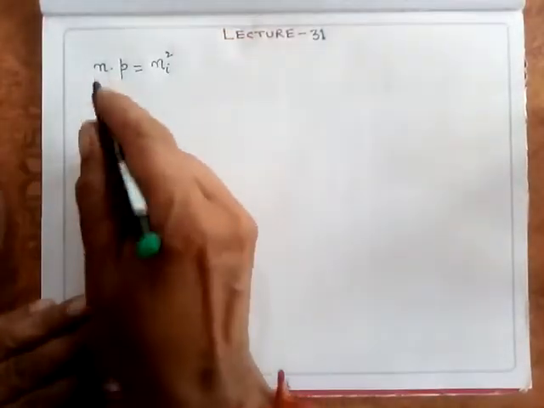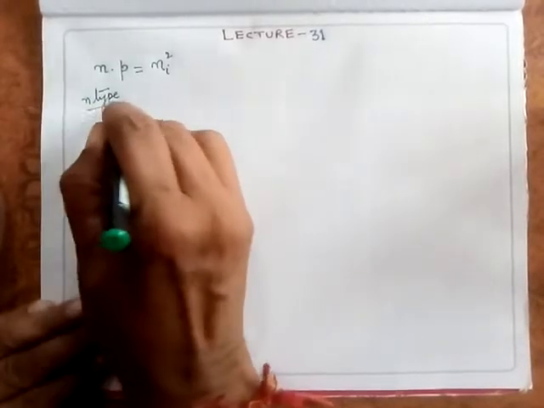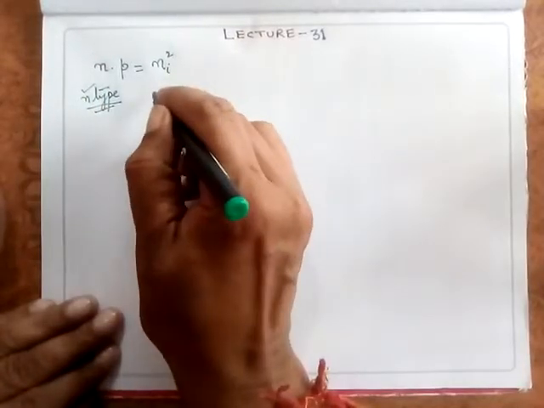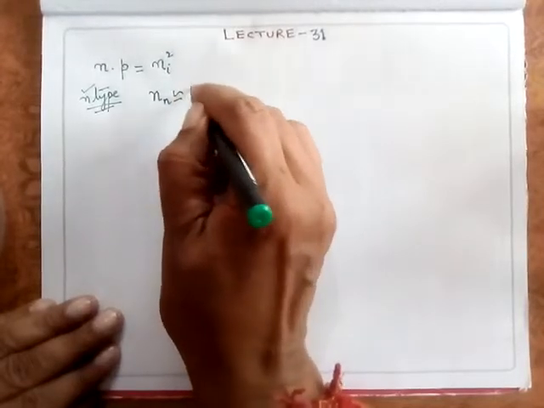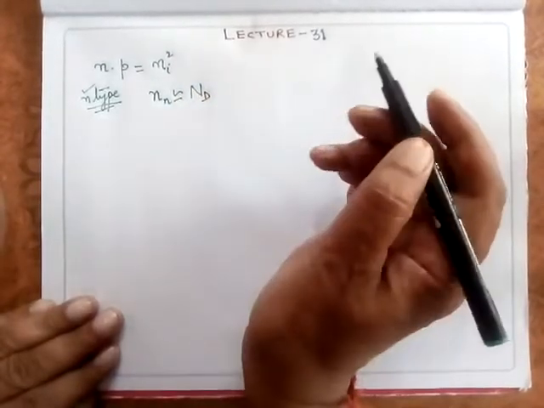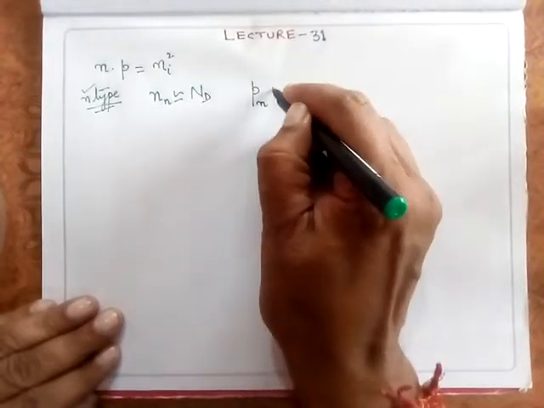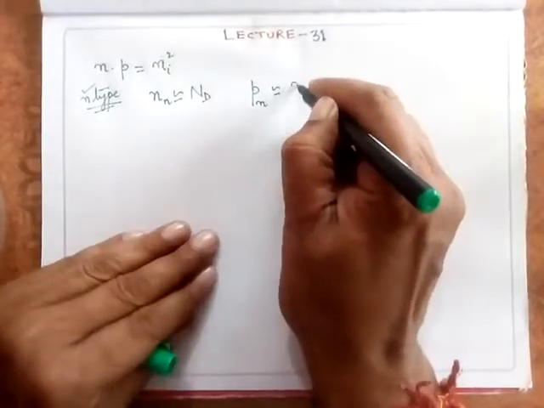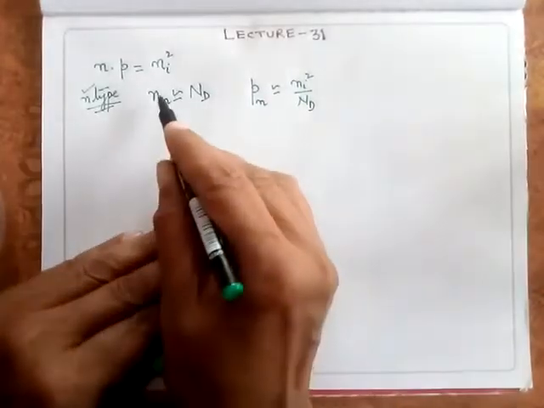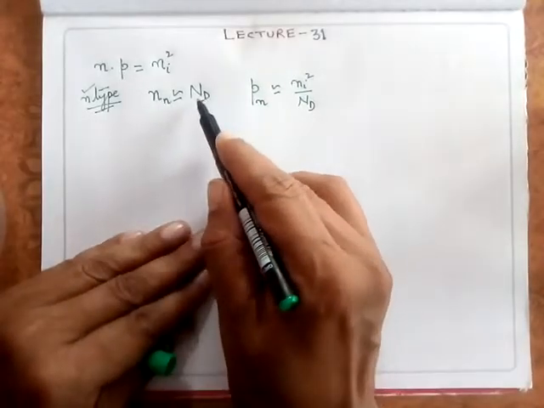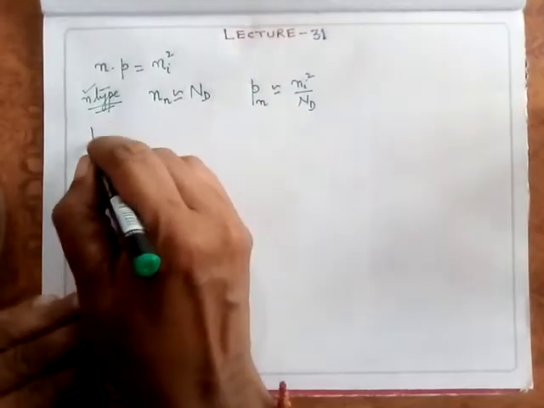in semiconductor. For n type, where electrons are in majority, the number of electrons in n type semiconductor is approximately equal to the donor concentration, and the number of holes p in n type semiconductor is approximately equal to Ni square upon Nd. That is, the majority charge carriers are approximately equal to the donor concentration and minority charge carriers are equal to Ni square upon Nd. And for p type semiconductor,